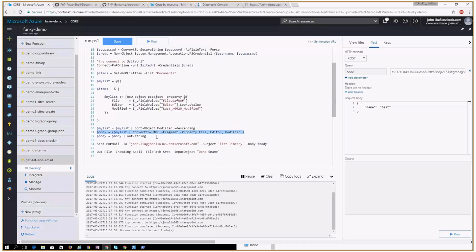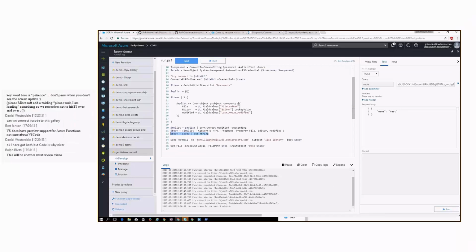converting to an HTML table. Again, those really powerful convert methods. Then I just convert that to a string, and then I use the PnP mail to send that to me. So if I run this,